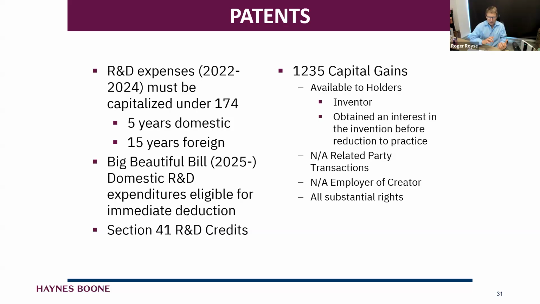And if they were domestic expenses, you hired people here in the good old USA, you got to amortize it over the next 5 years. But if they're foreign expenses, you had to amortize it over 15 years. So, right. So I pay $150 to create my patent. That means I get $30 a year deduction if I paid it here. I get $10 a year deduction if I paid it to somebody in a foreign country.